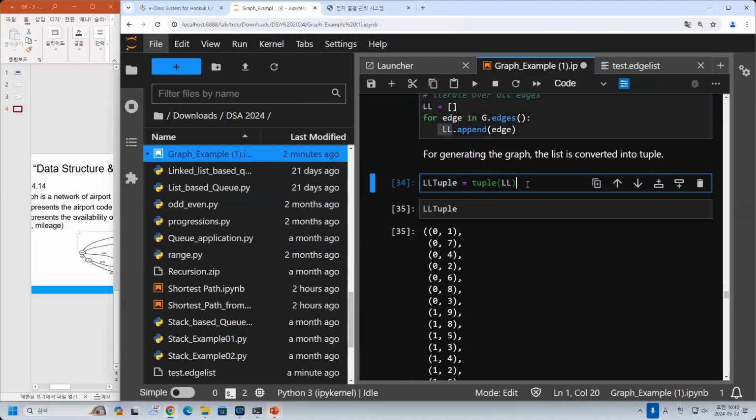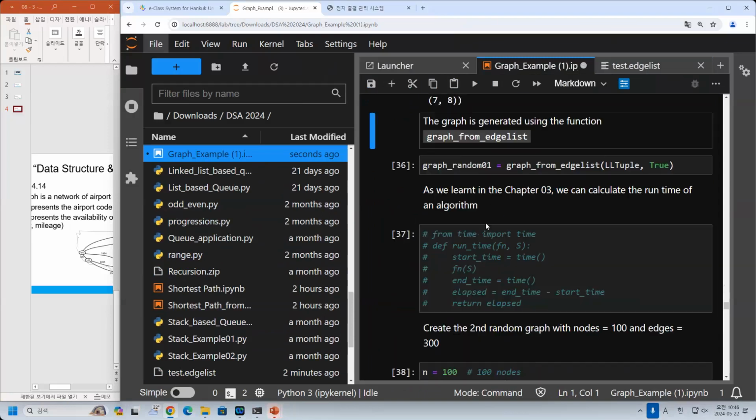As you know, the graph that I use is using tuples. So how to change from list to tuple? You need to convert with the tuple class. So the element, which is this, will be converted into a tuple. After we have the tuple, then you can run again